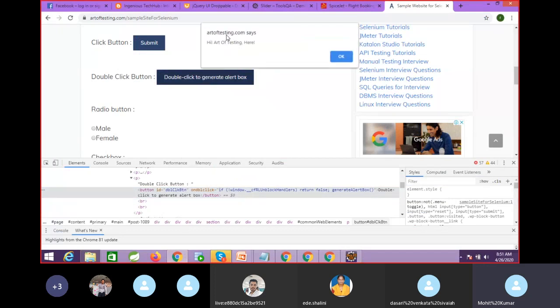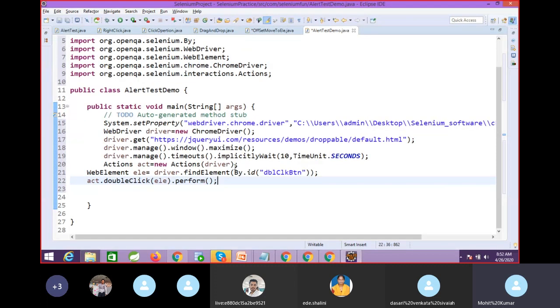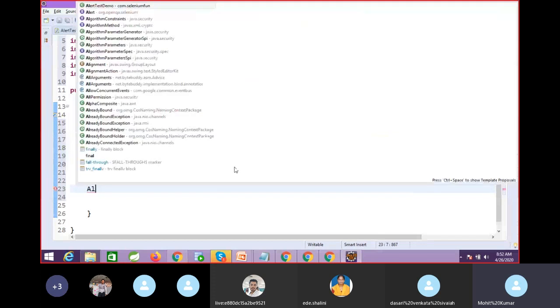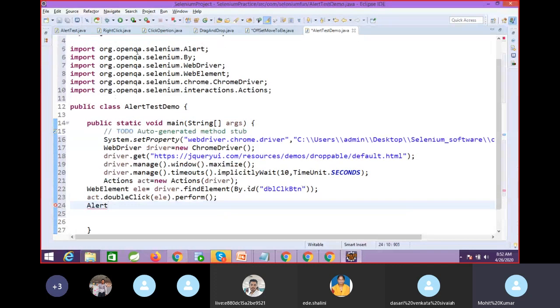We need to switch to that. After double click we will switch to the alert. Alert is an interface which is available in org.openqa.selenium.Alert.